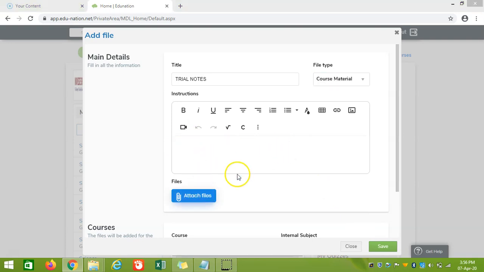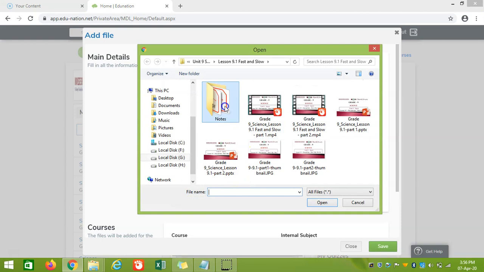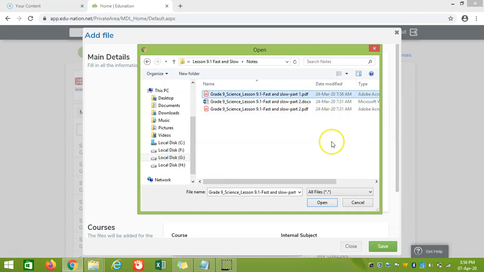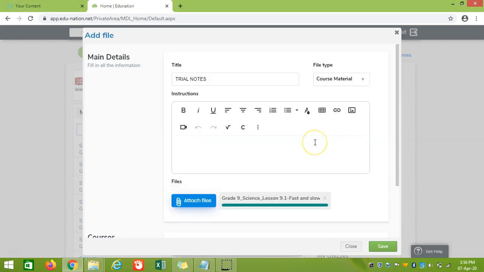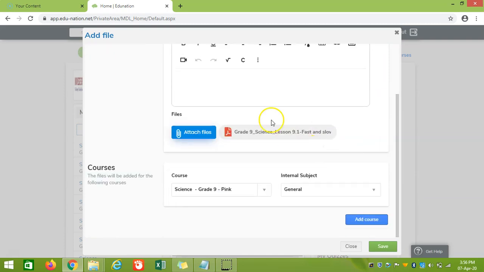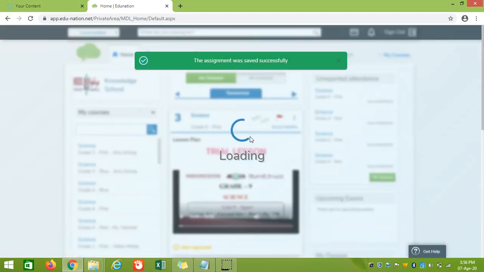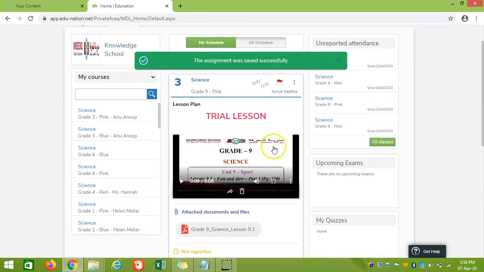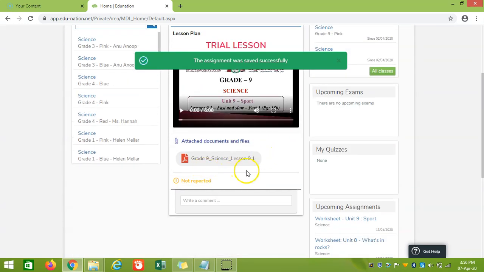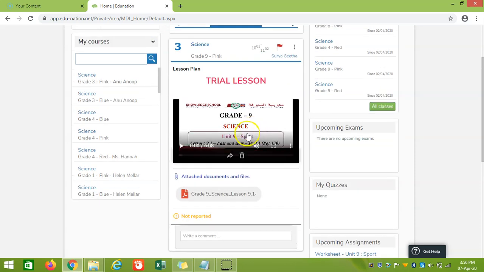Again, if you want to attach the file, I'm choosing the notes. Then we can save it. See, we have attached the video, we have attached the notes. Hope you're clear with attaching the video as well as the files or the notes.